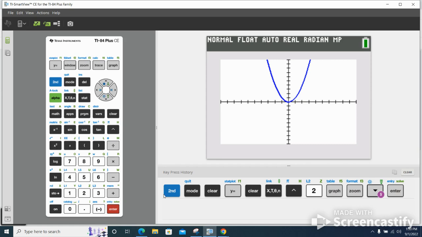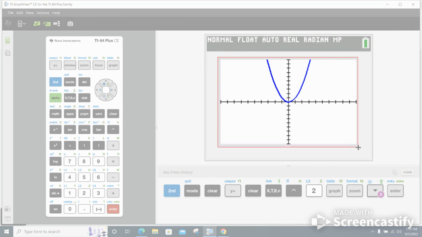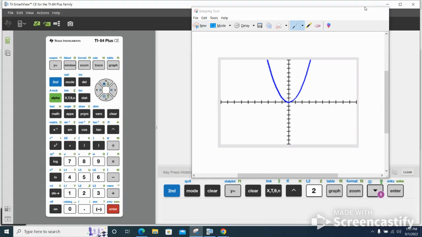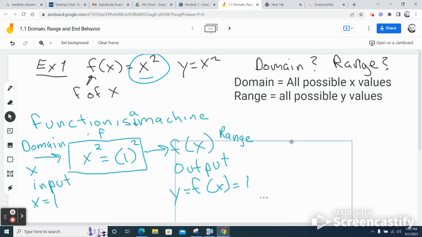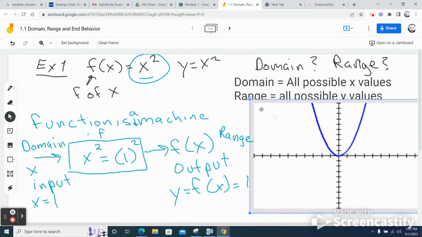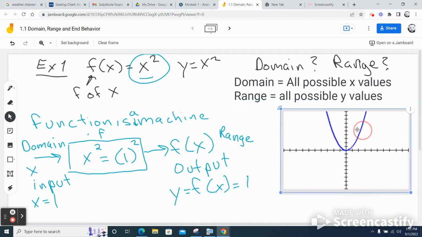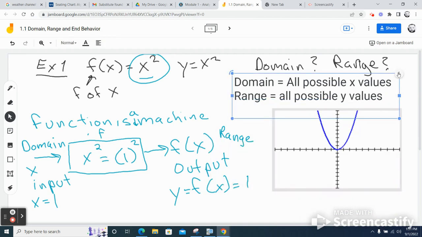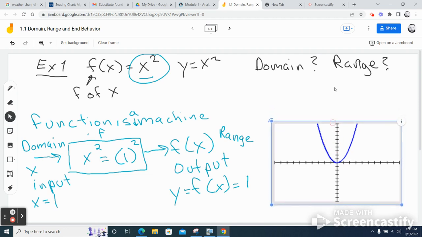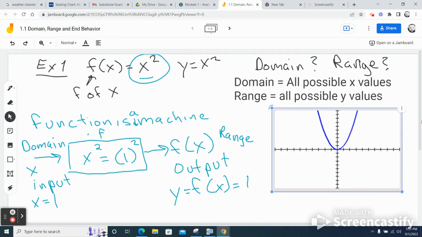Okay. So I'm going to take a little picture of that because I'm proud of the work that I've done. Good job, Mr. Adams. And I'm going to put that in the notes. So now at this time, what I'd like for you guys to do is kind of sketch that in your notes. Okay. And as you're kind of sketching that,